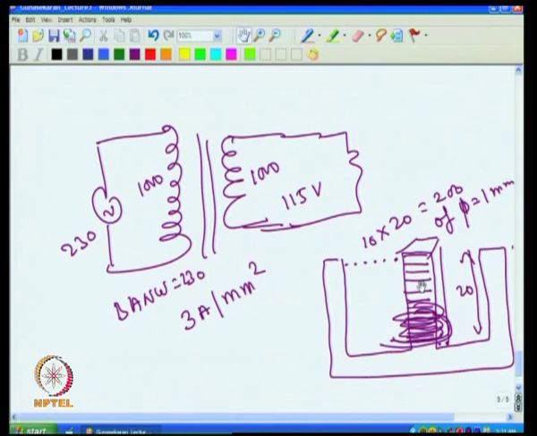Or if you want to go academic in the commercial way, then also if you have a different size of core, one can always find out how many turns it can handle and how much power it can handle. We know that, for example, in this case it is handling 200 turns, and then I know the current rating by taking 3 ampere per mm square, how much current the wire can take. In that case, I know the current rating and the voltage rating, so I can decide how much power the core can take. So, just think about this and apply your mind, and you will immediately see that the transformer can be designed in both ways.